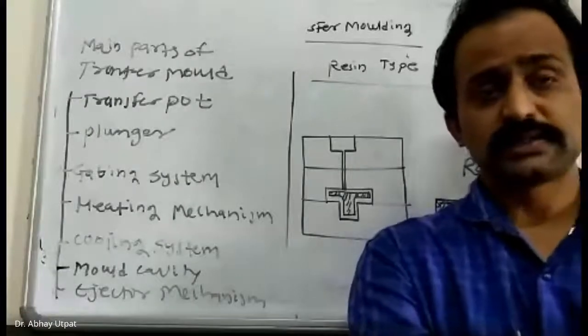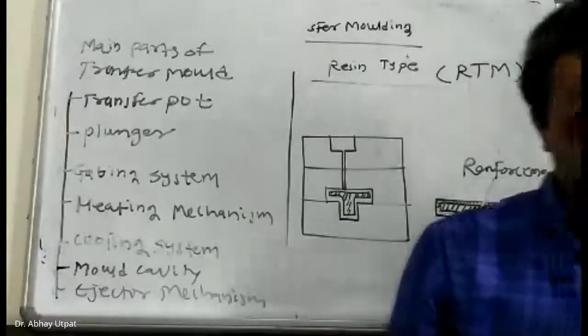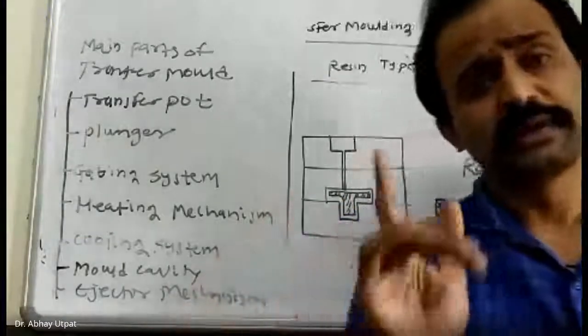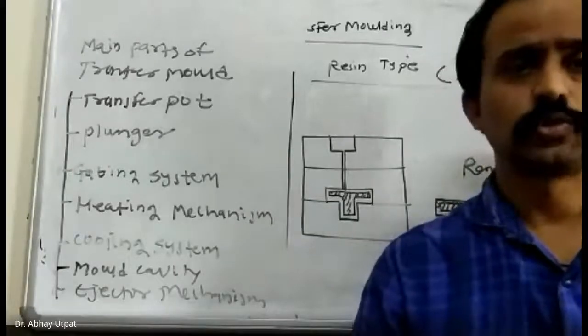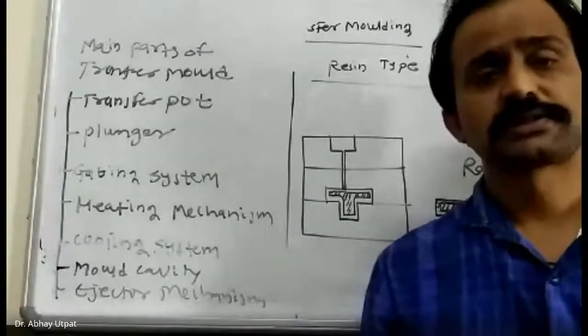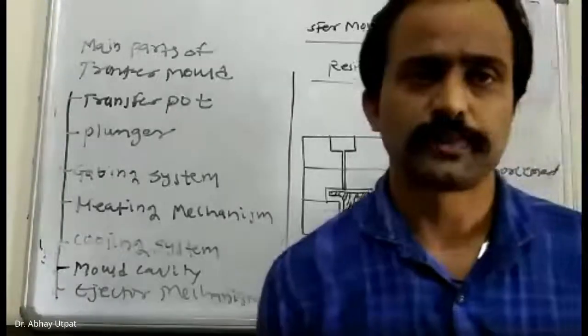As far as unit number 6 is concerned, it is related to injection molding parameters. The 7th one will be cooling of injection mold and the 8th one will be applications. So from tomorrow's class, we will start with unit number 6. For today, we will stop here. Thank you.